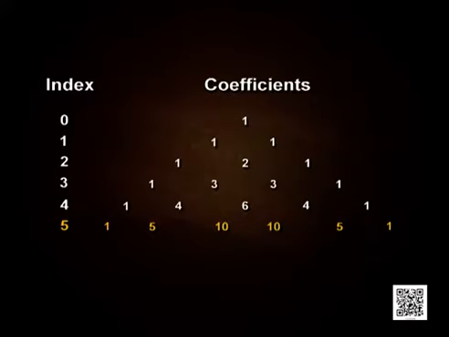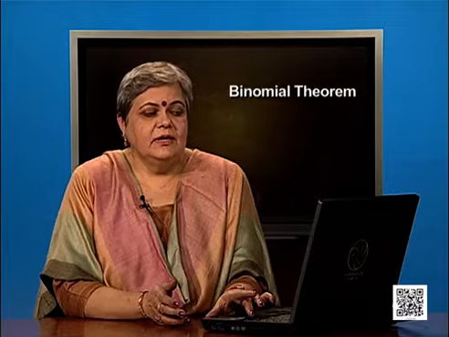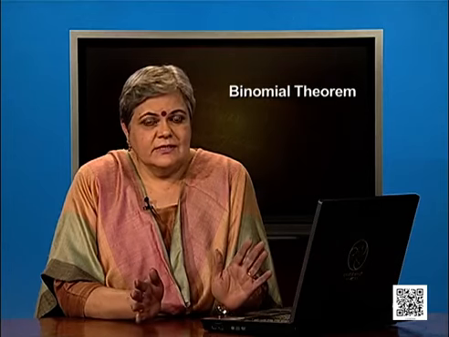So, how did you get this row now? I am sure you saw that when I take the coefficients of the index 1 and add them up in the order as in this diagram shown, I am getting that 2 in the middle term and 1 remains on the extremes. And similarly, when I take 1 and 2 together, it gives me that 3, 2 plus 1 adds up and gives me 3. And if I am arranging them in this pattern with the ones written on the side, which is now a triangular pattern,